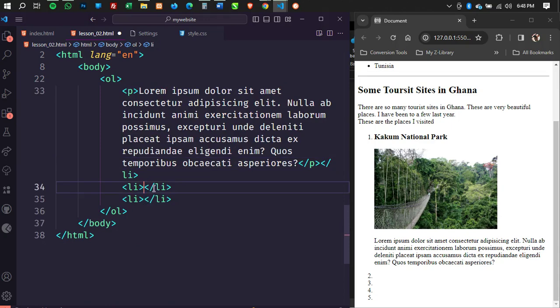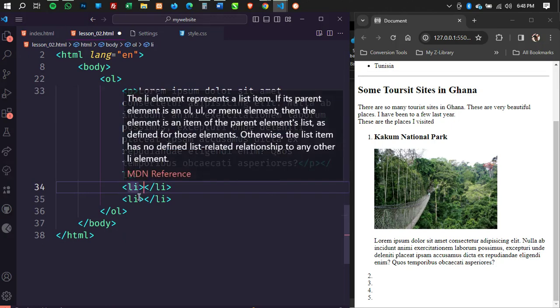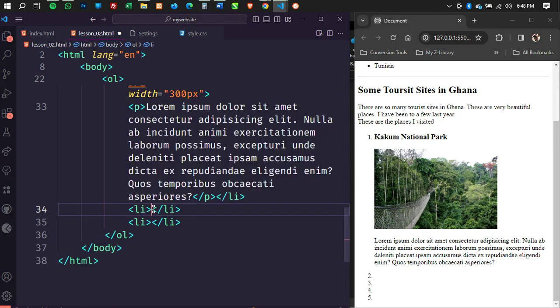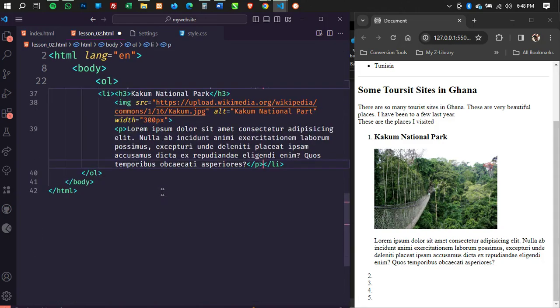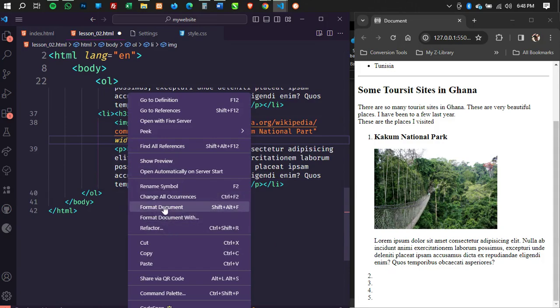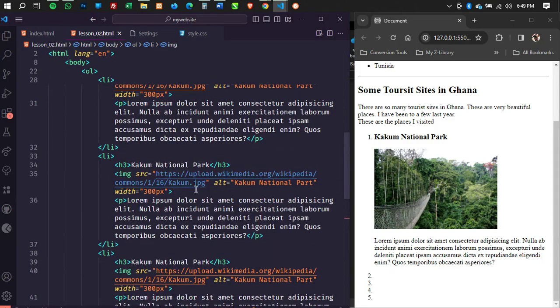Another thing you can do in VS Code when you are going to paste to several locations: you can see that I have placed my cursor here, right? So I'm just going to hold the Alt key and place my cursor here and click here again. So now those 2 points are selected. When I paste, it's going to paste to all those places. Let me zoom out a little bit. Let me format my document. Great, everything is working fine.